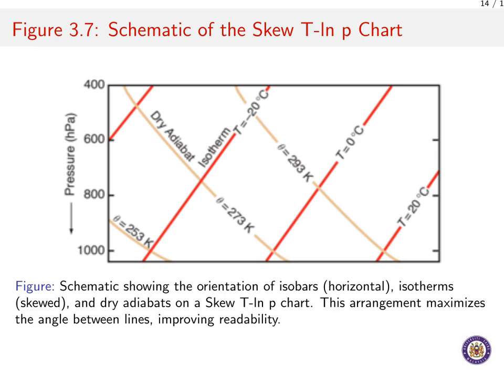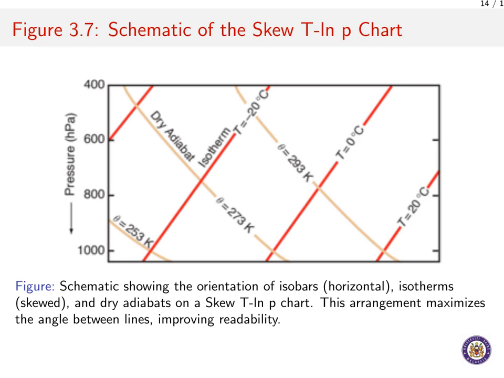Now, we just discussed how older charts had a problem where atmospheric soundings would often bunch together, making them difficult to interpret. The Skew T chart is the solution to that problem. You can see its key features here. The isobars, or lines of constant pressure, run horizontally. The isotherms, which are lines of constant temperature, are the straight lines that are intentionally skewed, sloping upwards from left to right. Finally, the dry adiabats, representing constant potential temperature, are the slightly curved lines running from the lower right